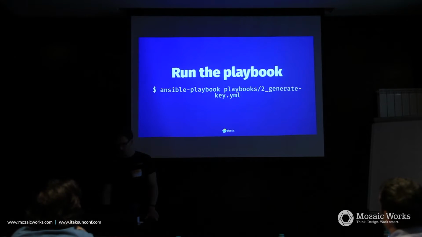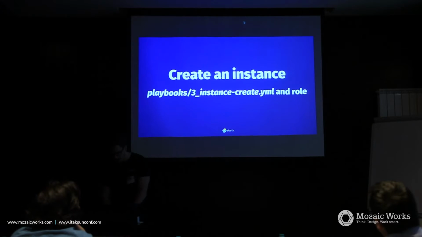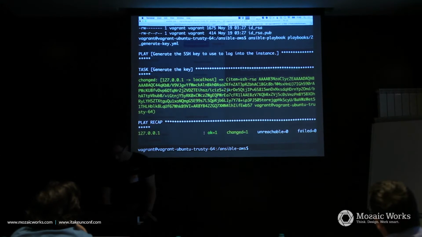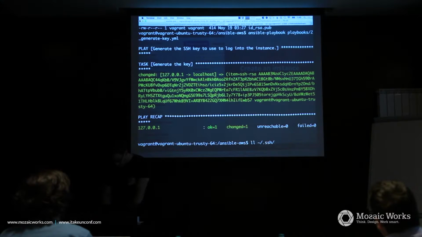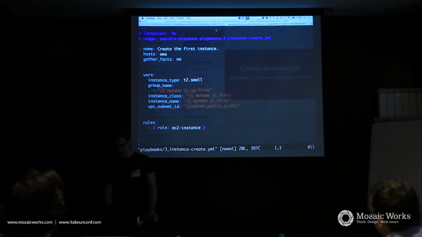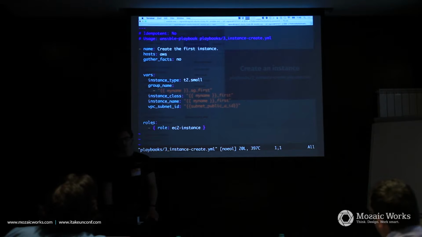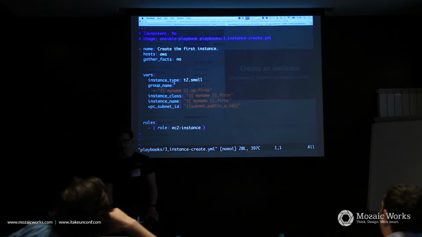and it was successful. We have run the playbook, and the final one is we want to create the instance, and this time I'm actually bringing in roles now. So to make this a little shorter, in my playbooks I have the instance create, and this one is pretty short. So I'm just defining a few variables here, which can then be used inside my role. So all I'm saying is here, like, if you run this, use the roles called EC2-instance and use these variables